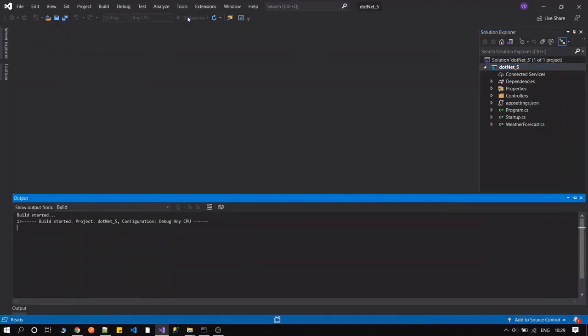Let's see what default template or scaffolding we are getting in .NET 5. So guys, as you can see, the build has started for this project and the build succeeded. Now the project has started, I guess.